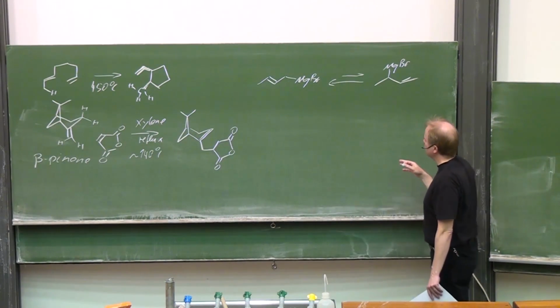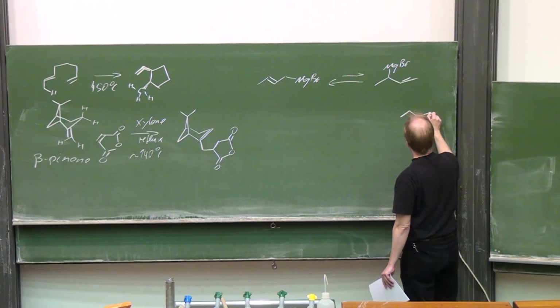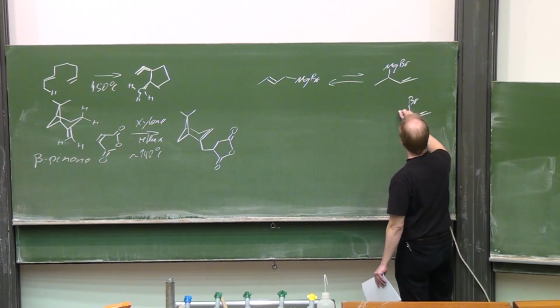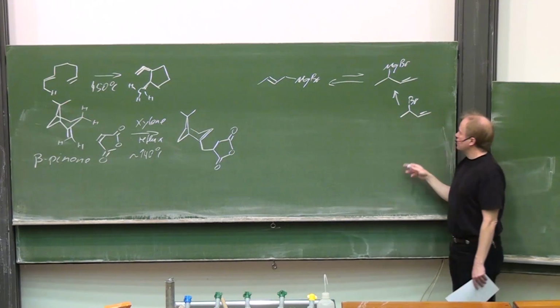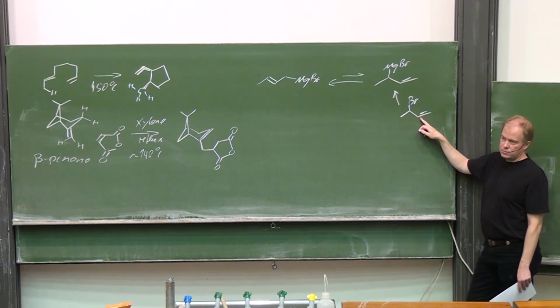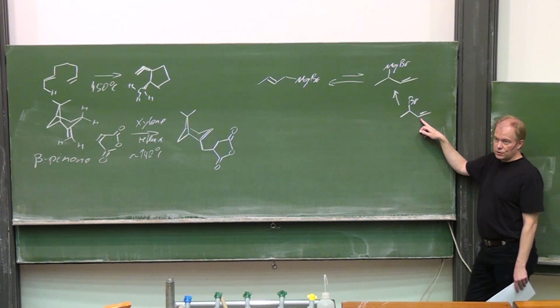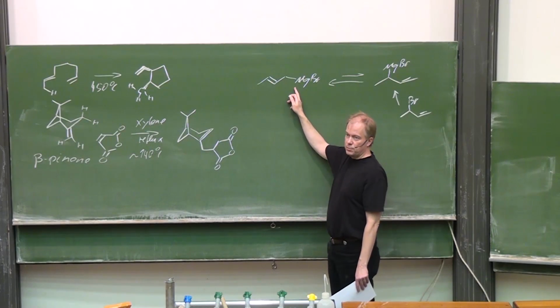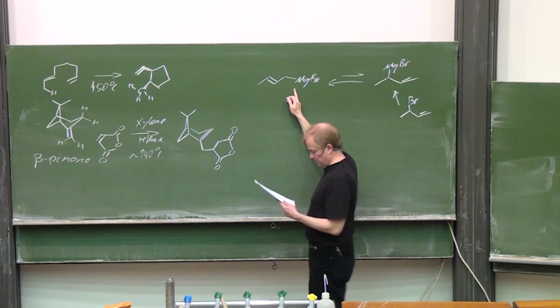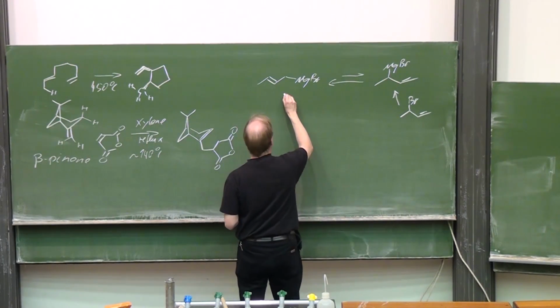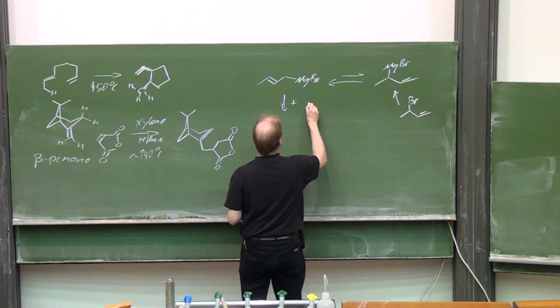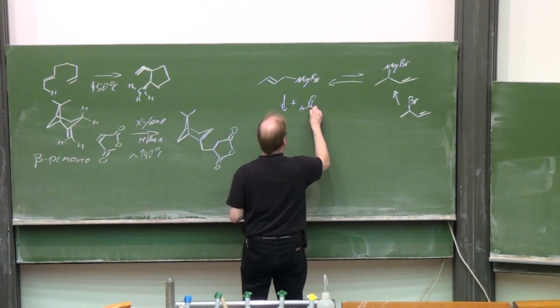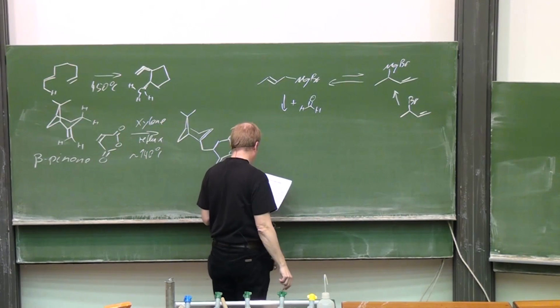So that means even if you start with this bromobutene, you would have this as the main component in the reaction. For instance, with formaldehyde,